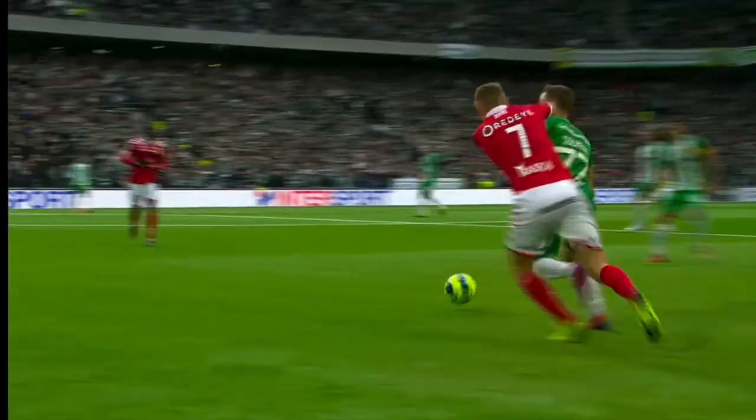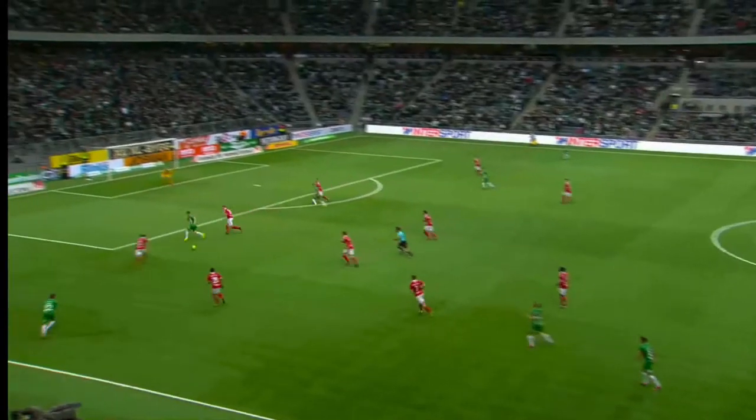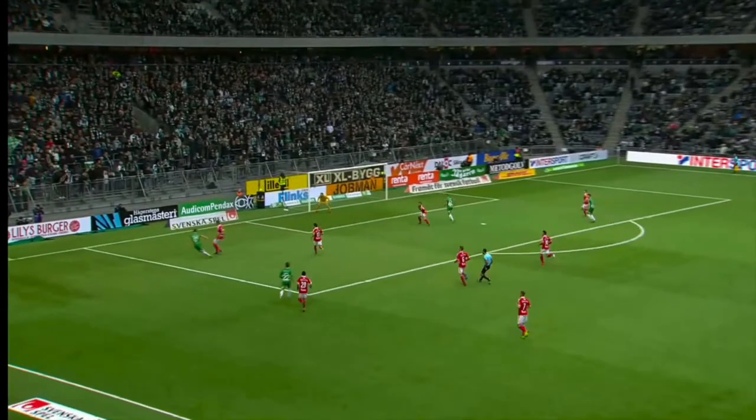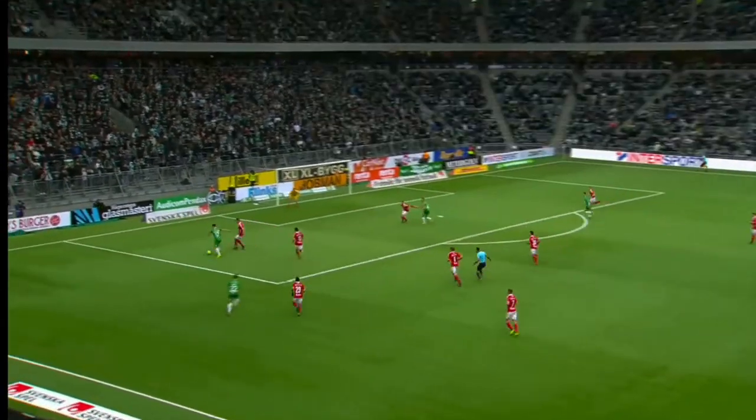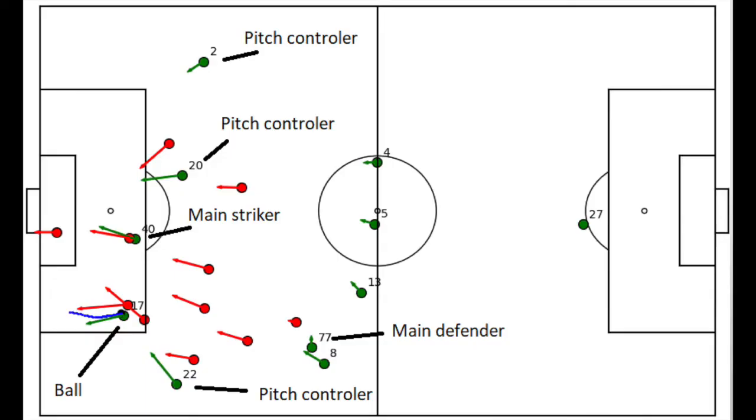The outcome of the model doesn't always agree with what the players' actions were. In fact, when it doesn't agree, it's the most useful. Here we've labelled the roles of each of the players in this situation. When we simulate the model, again assuming that the players can see a few seconds into the future,